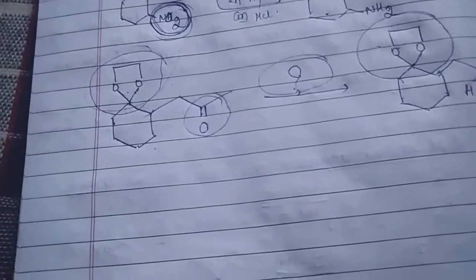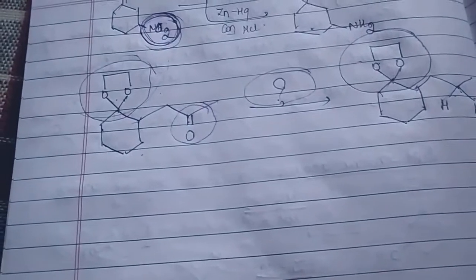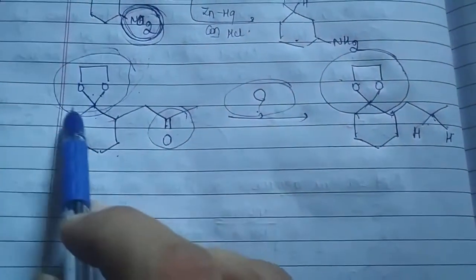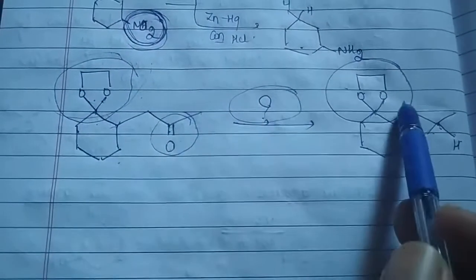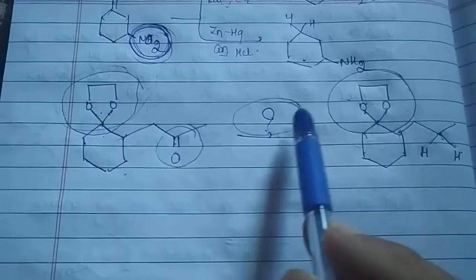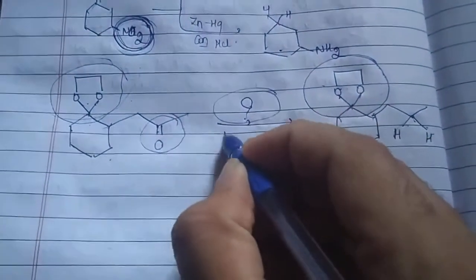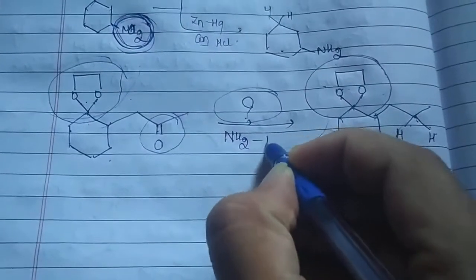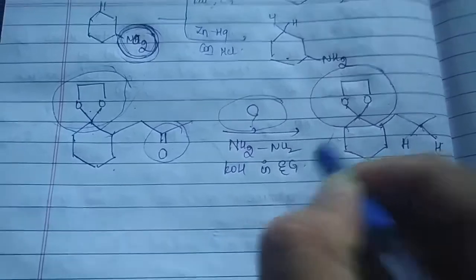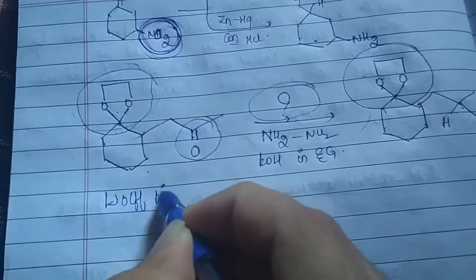If you are using certain mineral acids, that reaction can again turn back and give you the corresponding carbonyl compounds. This is a different fact. But here, what I am talking about is that the acetal group is as it is. It has not been changed. Though it is an acid sensitive group, it has not been changed. That means we have maintained a basic medium, and we know that that basic medium should be hydrazine in the presence of KOH in ethylene glycol. So this is an example of our Wolff-Kishner reduction.